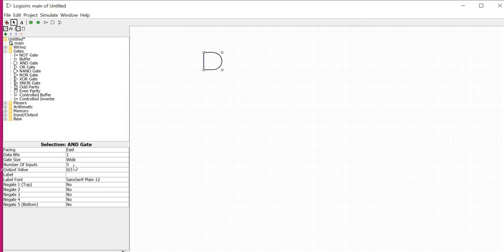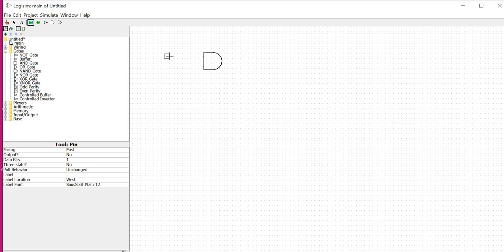For the basic experiment we will take a two input AND gate, because the 7408 IC that we have taken for experimentation consists of two input AND gates. So this AND gate is converted into a two input AND gate with one output. On the top of the Logisim window, you can see the input option as well as the output option. Take the input option, square shape, place it, and take another square for another input, place it, and simply make the connection from those inputs to the AND gate inputs.